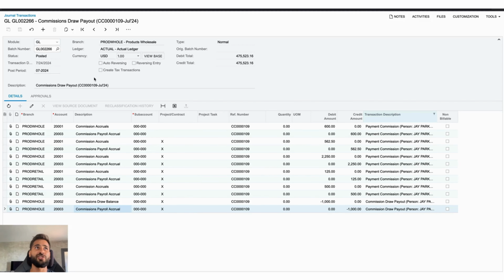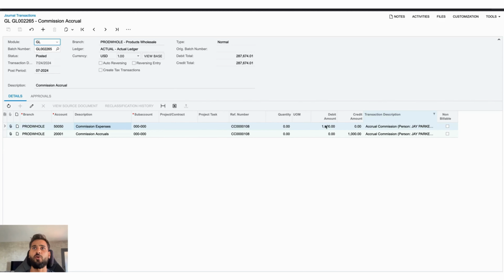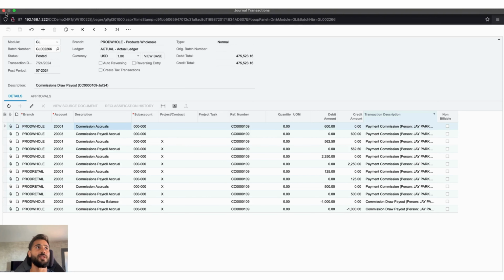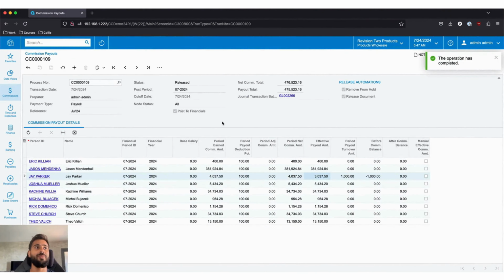Basically, the transaction that we had, okay, over here is being reversed, including our financial commissions draw balance, okay, and deducting the money from the commission payroll accrual that is being supported by our commissions earned transactions, okay? So that is the view from the financial perspective. This is what happens, okay? And then getting back into